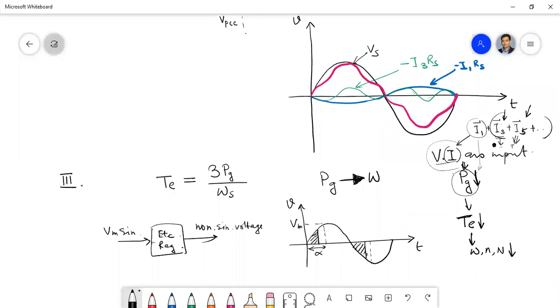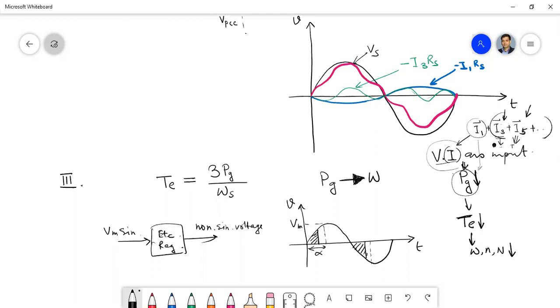And that is not good for the motor, because you know that, okay, you have not studied, you have not done the induction motor design yet, but for induction motor design also we have all the expressions, all the formulas based on the sinusoidal assumption. There also we do everything assuming sinusoidal, and if we don't have sinusoidal voltage or currents, we don't know what the effect will be.